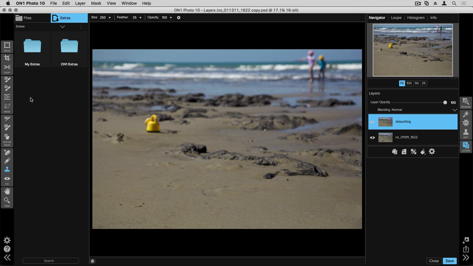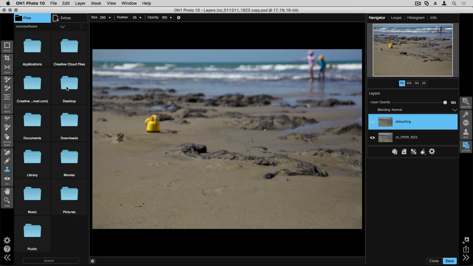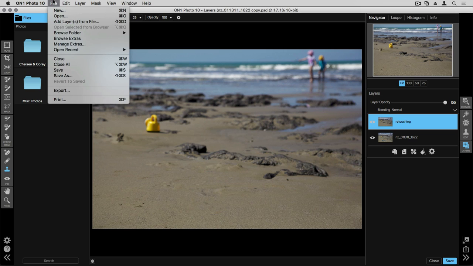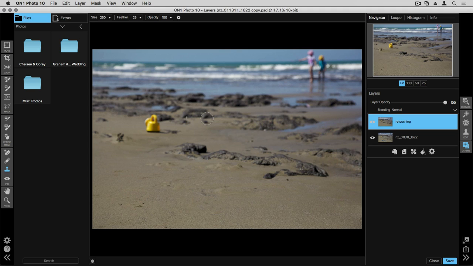You can open photos directly here inside Perfect Layers by going up to the Files tab and selecting something, for instance, from your Pictures folder. You can select a folder that you'd like to access by clicking this drop-down menu, and you'll see I can go to my ON1 software computer, I can select my desktop, and I can open up my Photos folder and access images from here. You can also go up to the File menu and select Open, and go through and choose an image this way as well. The Extras tab is for you to access ON1 extras, or extras that you create yourself, and